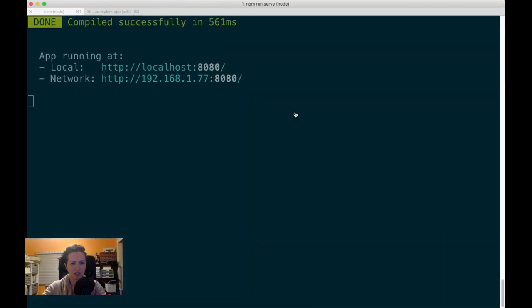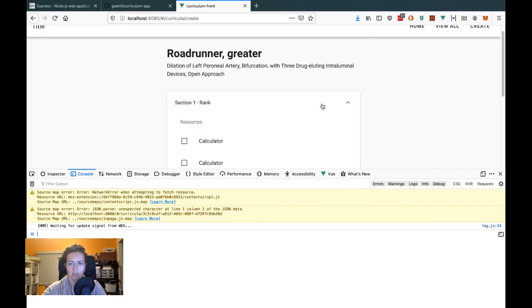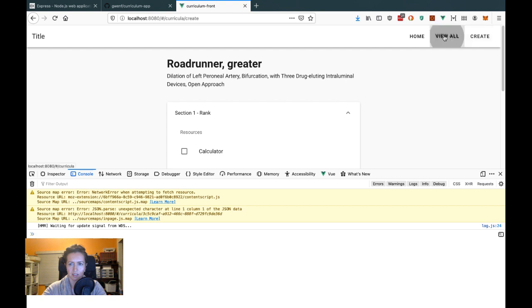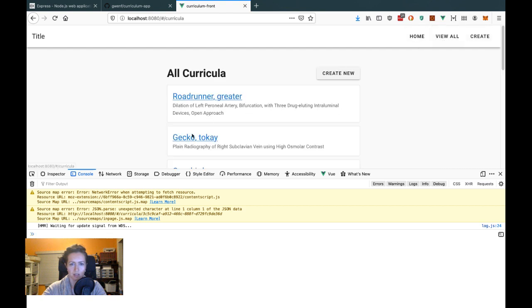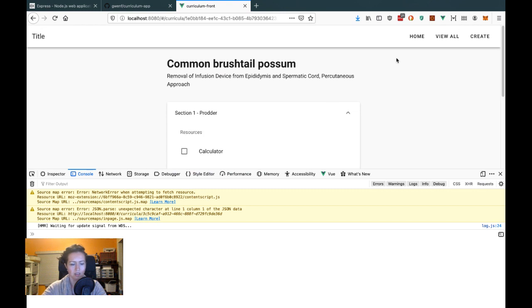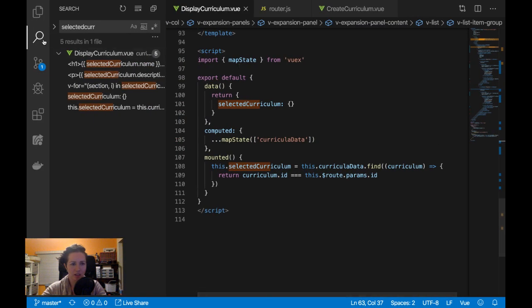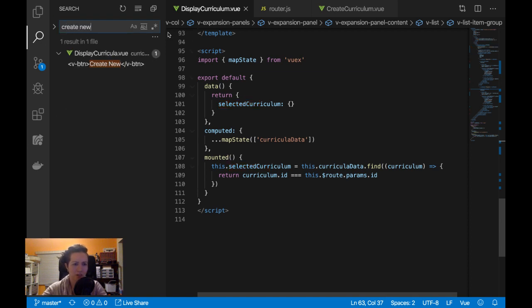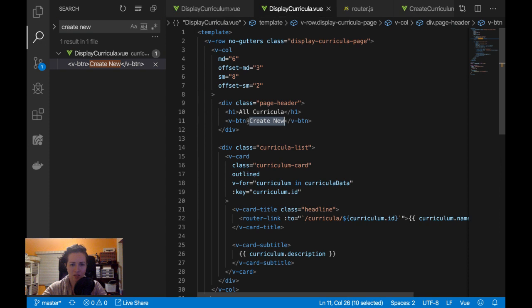Let me look. This works fine. I wonder if I should just reset the server. Let me look for that button actually. The create new button. And this isn't going anywhere right now, so